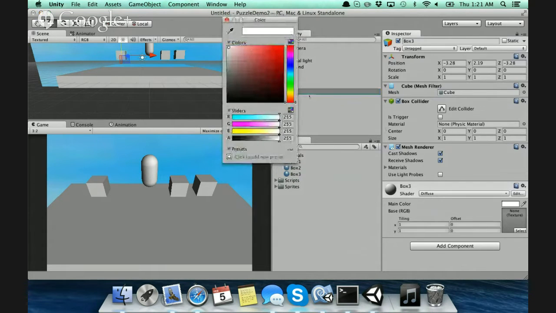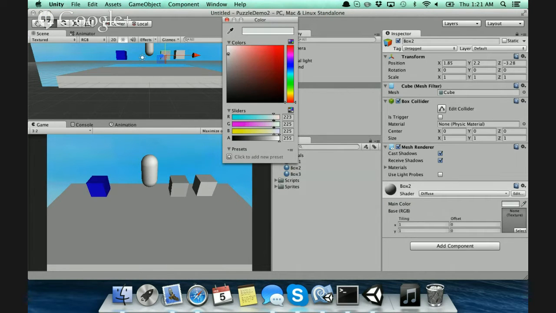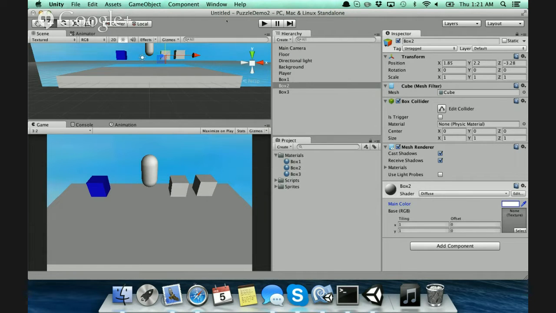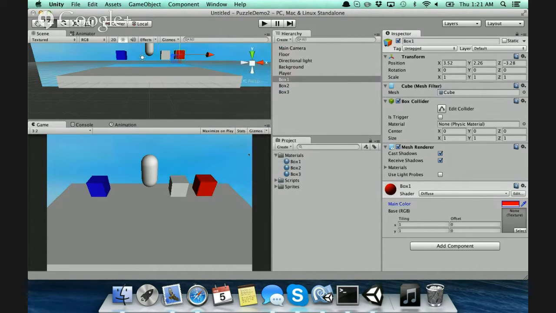All right, let's see here. So box 3 is going to be blue. All right, box 2 is going to be white. Maybe white's a bad one, but yeah, we'll make it white, I guess. All right, and then this is going to be red. All right, so we got red, white, and blue. The idea of this puzzle is that you need to push them into a certain area and they have to line up as red, white, and blue. All right, so here's what we're going to do now. I have these things color coded, and